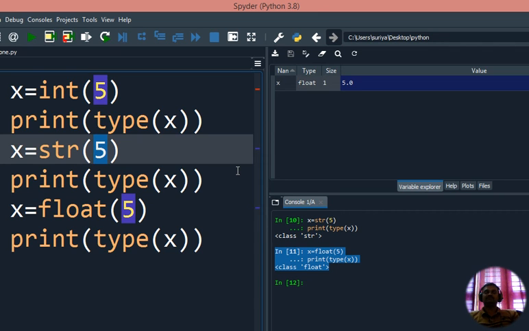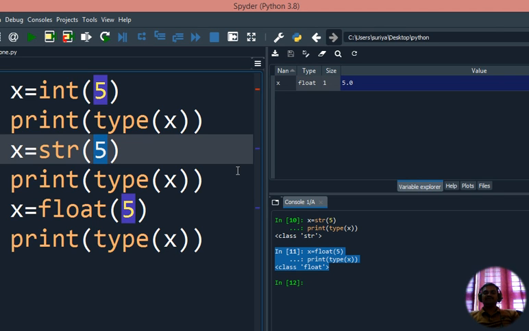In other programming languages you have to declare the variables by giving int a, float a, string a, or char a, like that. You have to declare the variables, and only then can you store values of that particular data type in the variable. But in Python programming, there is no need to give the data type before the variable name. Just give the variable name. According to the value, the variable type will be taken automatically. That is the major advantage in Python programming.